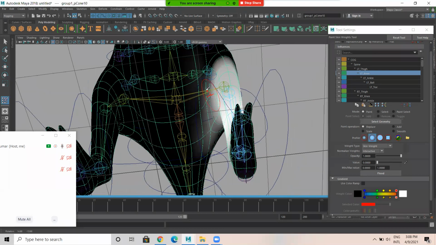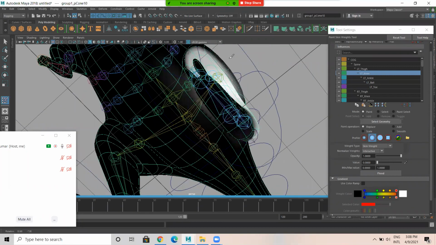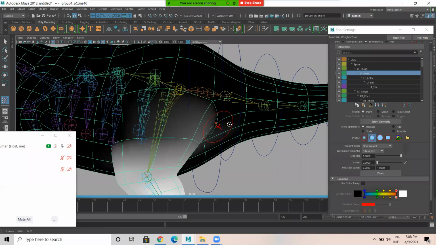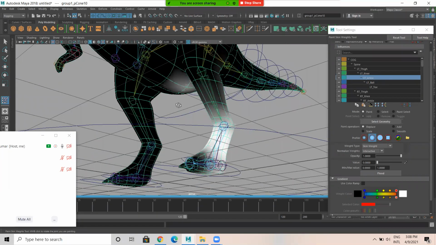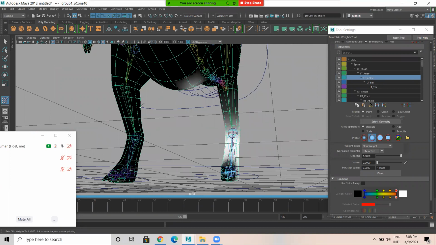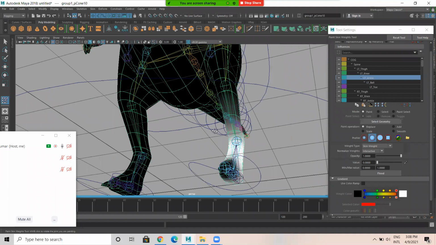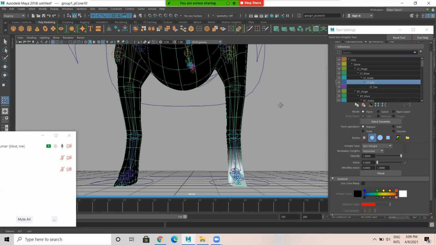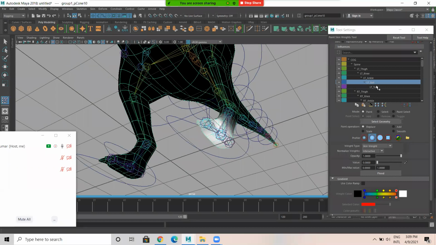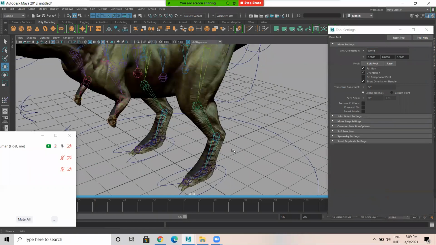For the knee joint, I'm removing the influences. Then I'll check the ankle because I don't want my ankle joint to affect. See, the ankle joint is also affecting. I'm gonna remove it. It's like painting the influence or removing the influence. I'll take the ball joint. Is any ball joint affecting? No. Toe joint? No, it is not affecting there. This is fine. Now I select this.